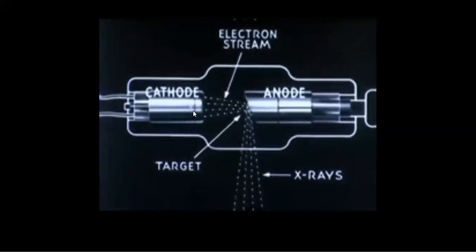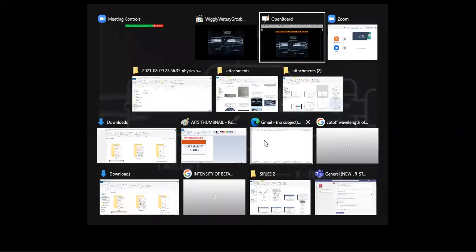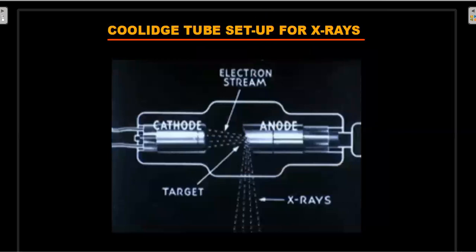So the distance part that is asked in the question will not play a major role. It would have played a major role if this gap is very large and electrons have a chance to repel off each other. And some of those electrons, if they were to miss the anode, then the D would become very important. Okay, so that gives us a simple observation in this particular question.